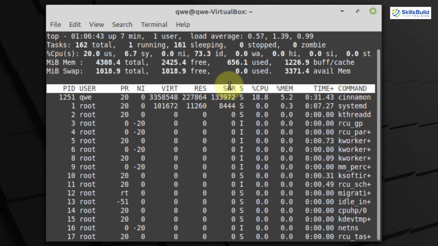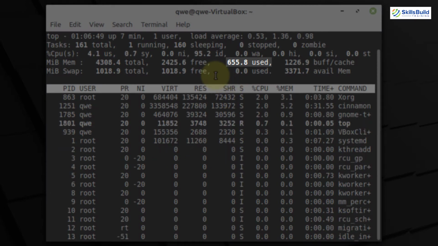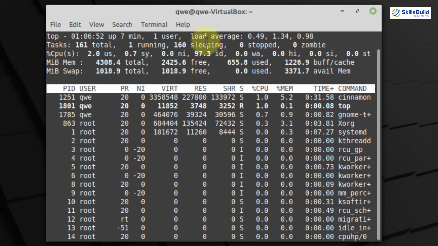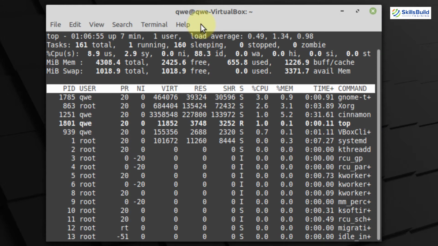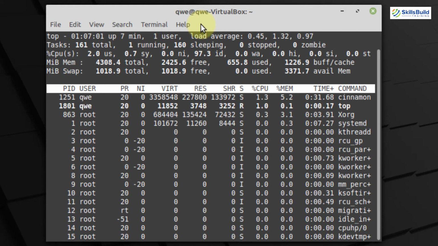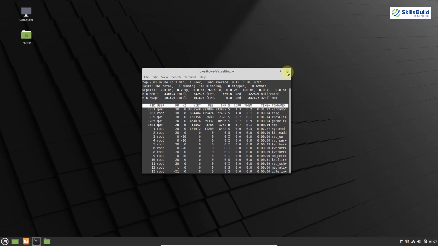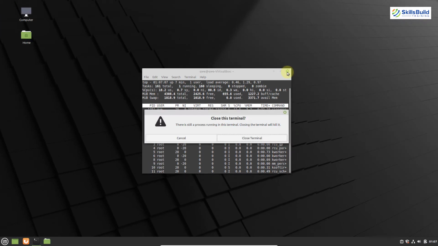Here we have all the information about the system, and as you can see it is using almost 655 megabytes of RAM at the moment, and I have only opened the terminal on my system. You will be surprised to see how much RAM the other desktop environments will be using when we talk about those. So I will just close this one, and that was all about Linux Mint Cinnamon.